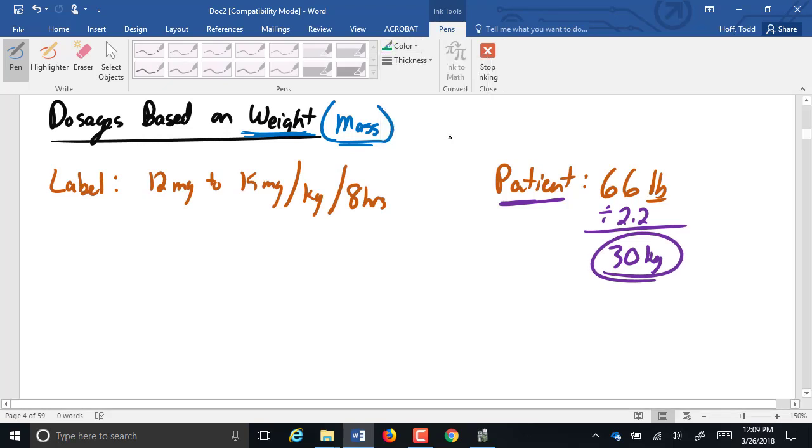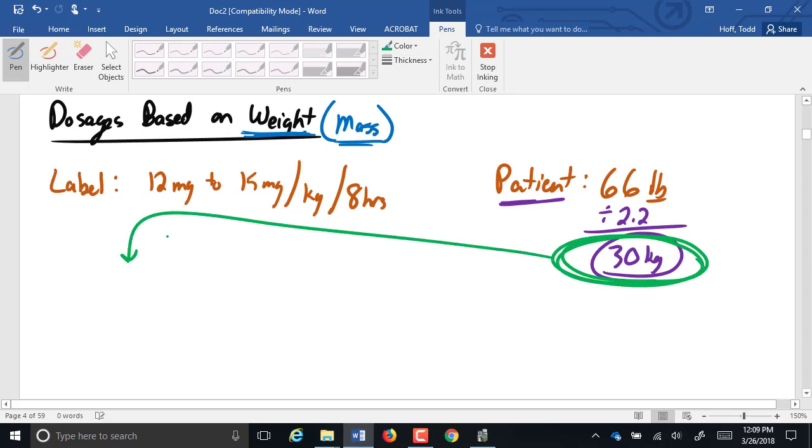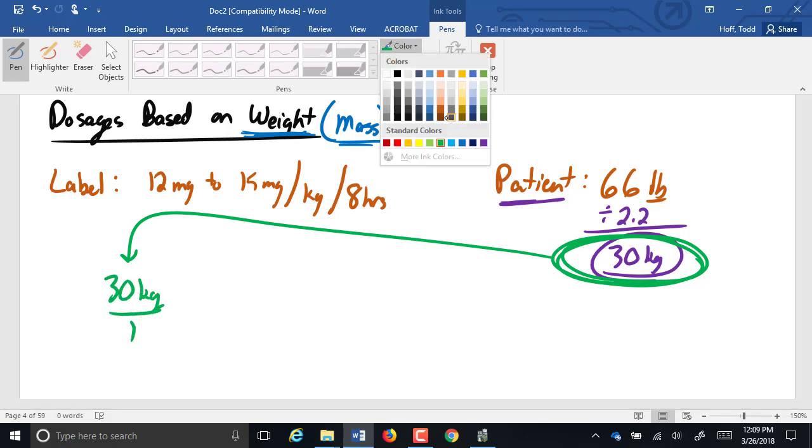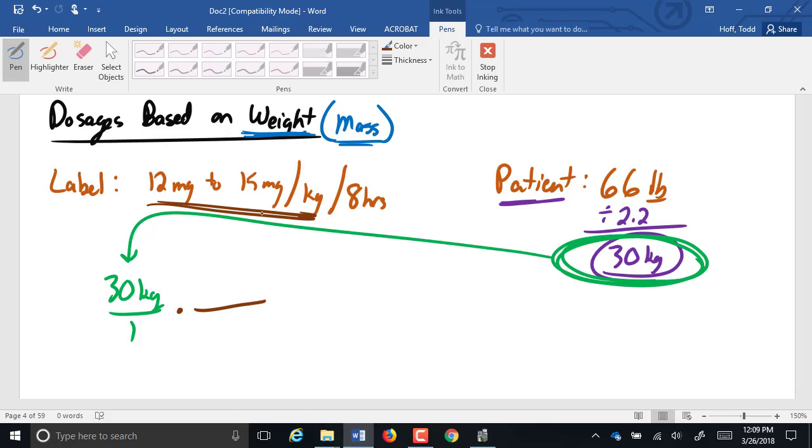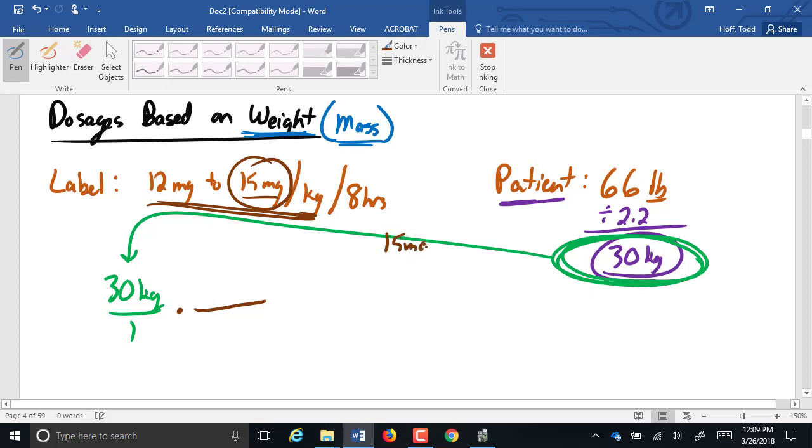So from there, the kilograms, the weight of the patient, serves as our doctor's orders. We start with that. 30 kilograms of our patient. And we are going to use our label, or equivalency on the label, to convert that into a dosage for this patient. Now there are 2 different amounts on there, so we're going to use the 15, the larger one for now. And that is 15 milligrams per kilogram, which is saying 15 milligrams of medication is equivalent to 1 kilogram of